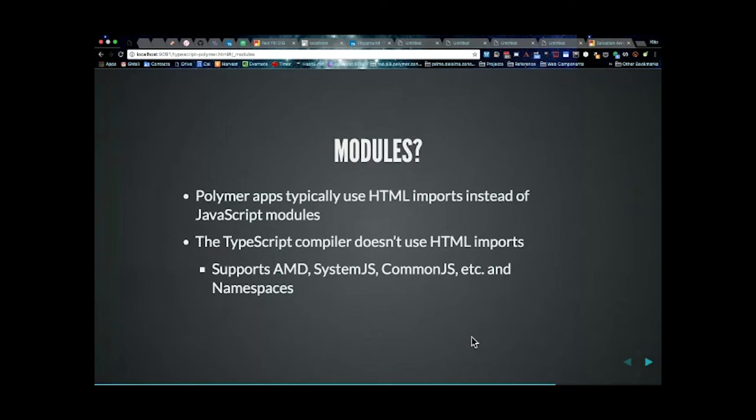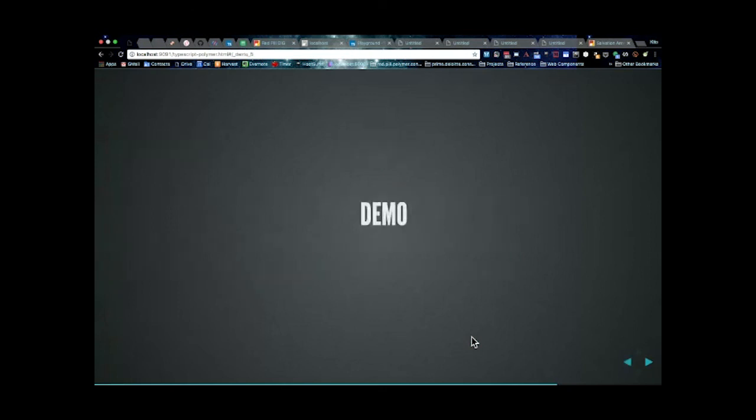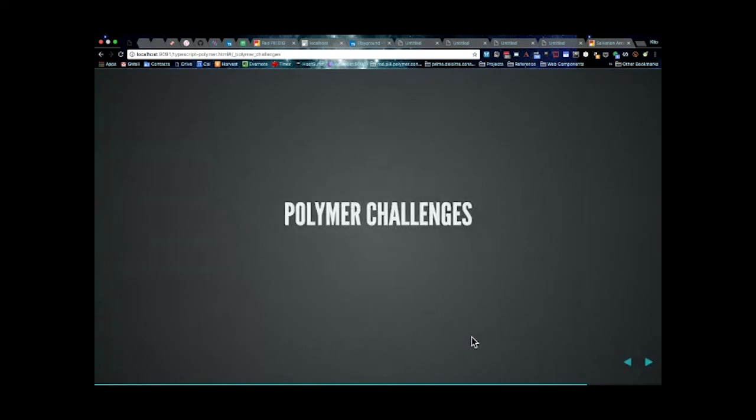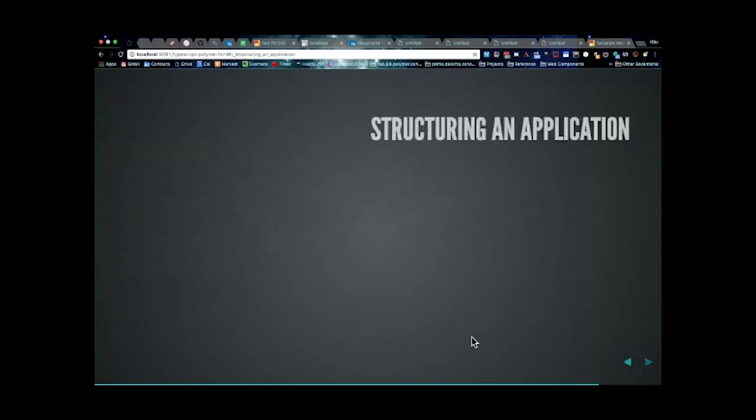TypeScript has this notion of namespaces, which aren't really modules, but they work well for us inside of our own bubble. If we were trying to expose things outside of an organization, we might consider using a real module system. I mentioned TypeScript 2 handles things differently. For Polymer,